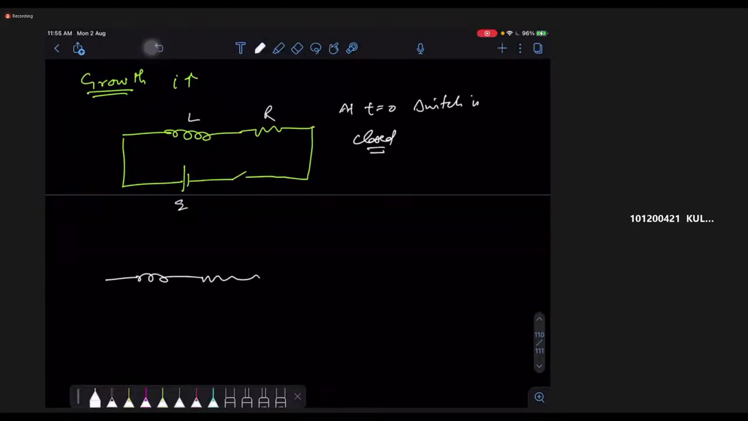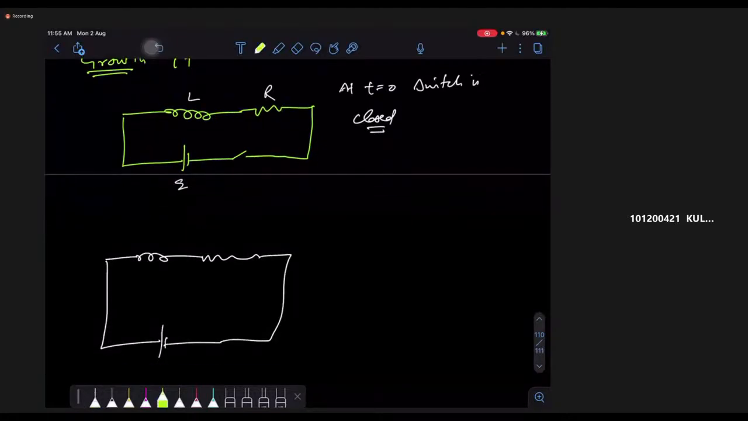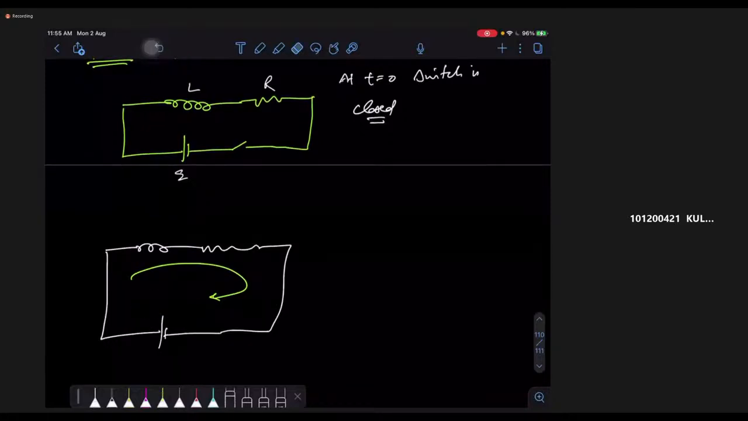So I can say that at any instant, let's say this battery is pushing the charges, and at any instant, the battery has created the current. So this current is going to flow into the circuit. If current is going to flow, it will drop the potential across the resistance. A battery, when it pushes the charges, increases the energy of the charges by E potential. Now the inductor is also going to drop the potential if current is